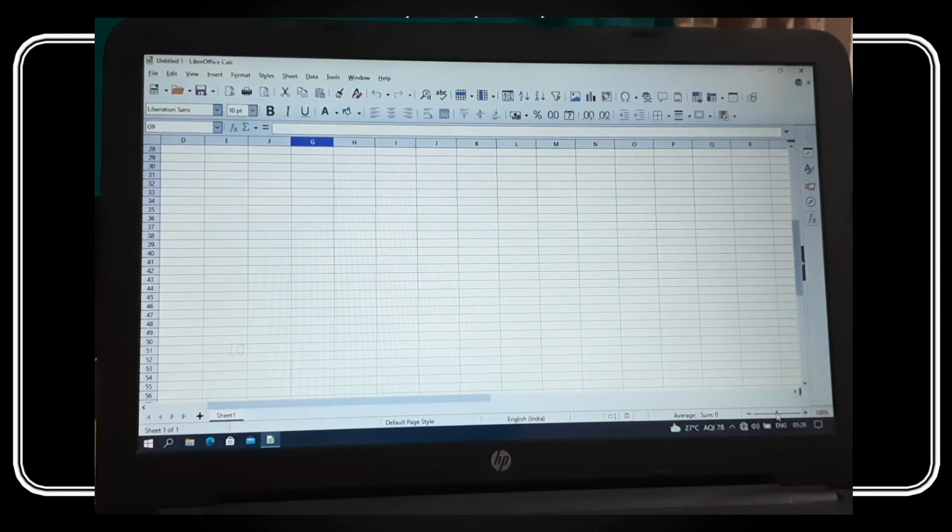Then the next one, the sidebar. Can you see one bar here, which displays panels such as properties, styles and formatting, gallery, like that. If you want to access these easily, we can take them from the sidebar.